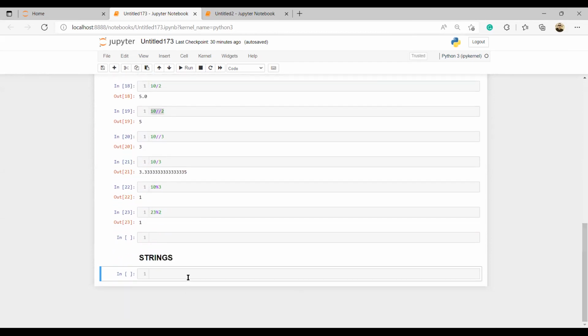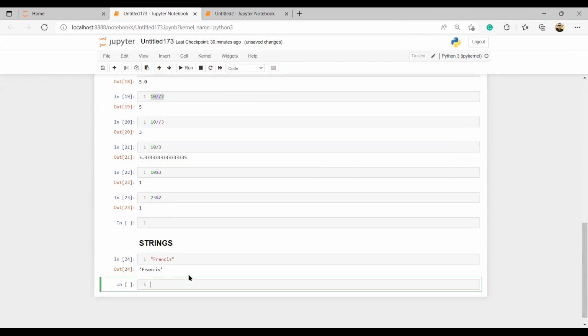All right. So for strings, which means you want to enter text, we said that when you're entering text, you can use either double quotation or single quotation.